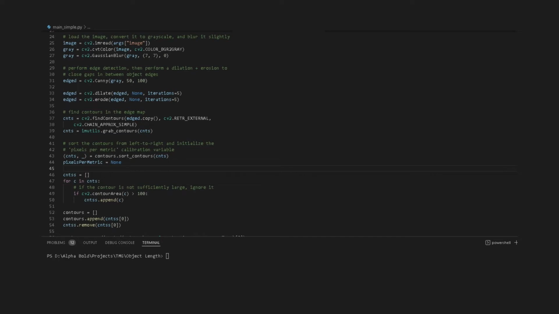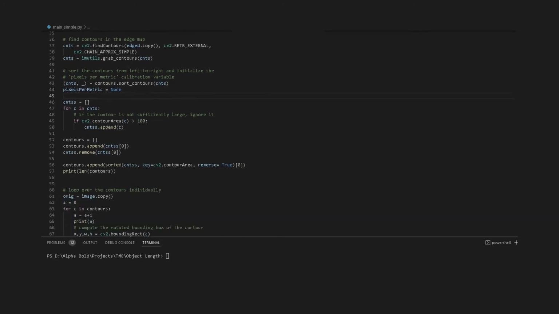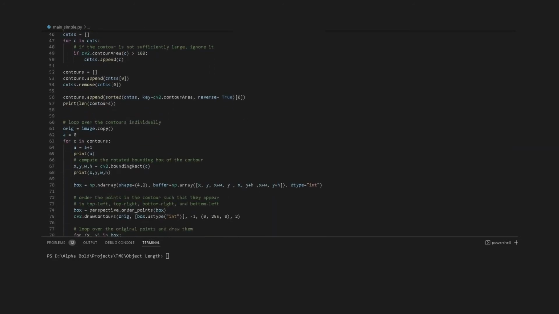Once the background and the objects are separated and we have these contours that are essentially the objects, we try to filter out the noise from these contours. The noise being the contours that are way too small to be actually present within the image. In fact, these are maybe different shades in the backgrounds that the algorithm considered as an individual object. Once these are removed, we take the leftmost object, because that's where the reference object is going to be placed, and we append that in our desired